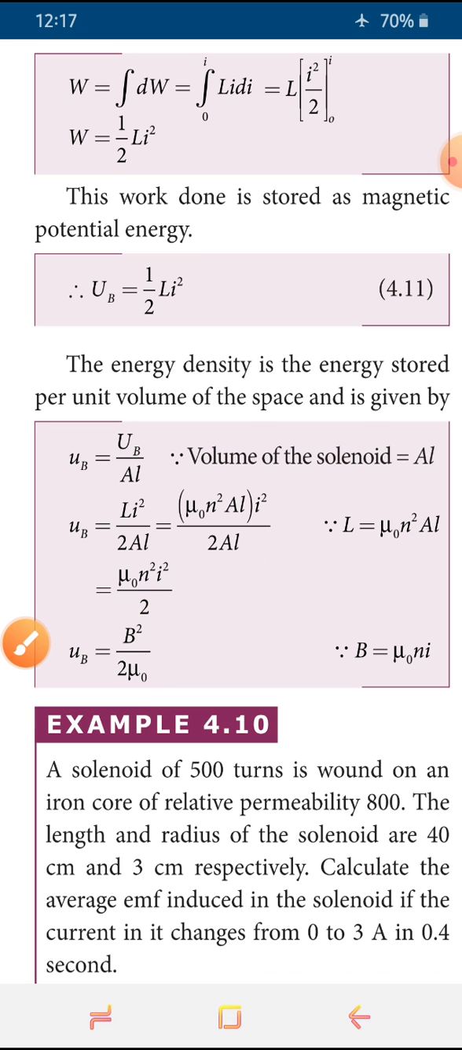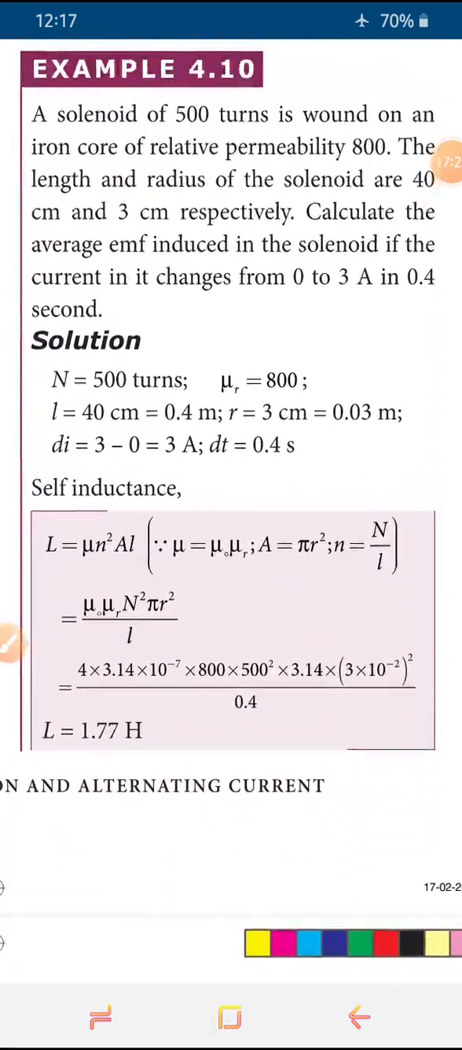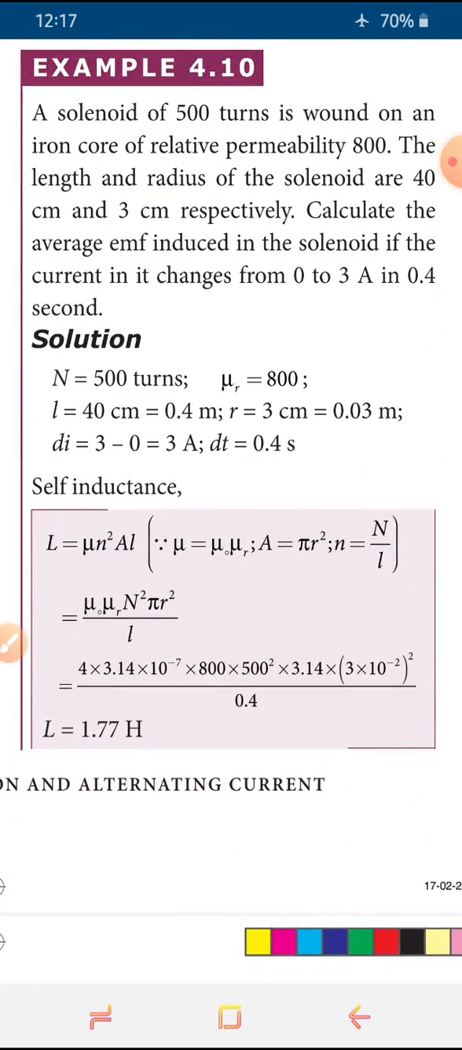Okay, next after this we are going to discuss example 4.10. It is a simple example. If you know the formula, we can get the answer for this. A solenoid with 500 turns is wound on an iron core having a relative permeability of 800. The length and radius of the solenoid are 40 centimeter and 3 centimeter respectively, and we have to calculate the average EMF